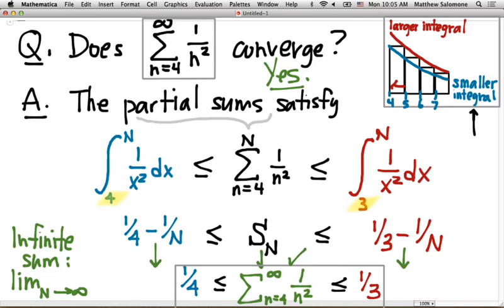Now, what is the integral test? The integral test is exactly what we just did. Right? By computing the values of these integrals and then letting n go to infinity, we can determine whether or not the partial sums remain bounded as n goes out to infinity. So when we think of the integral test, usually what we think of doing is just taking our sum and turning that sum into an integral,